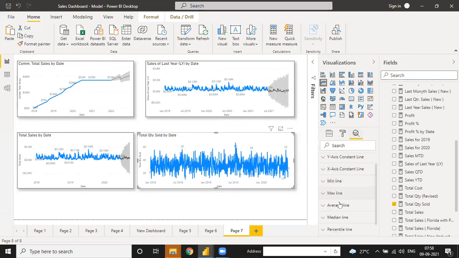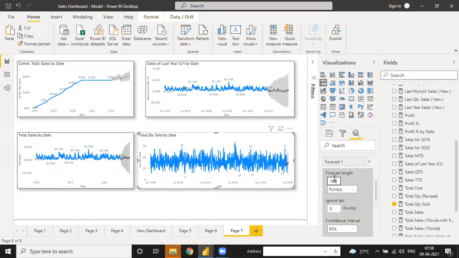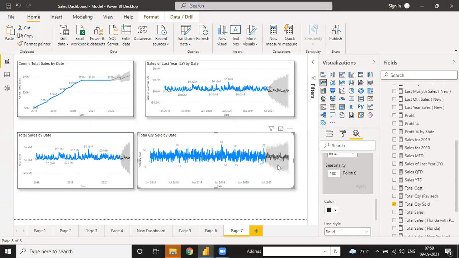Go to Analyzer, go to Forecast for 180 days, add forecast length 180 days, confidence level 99, and go here, seasonality is 188. See, it is your